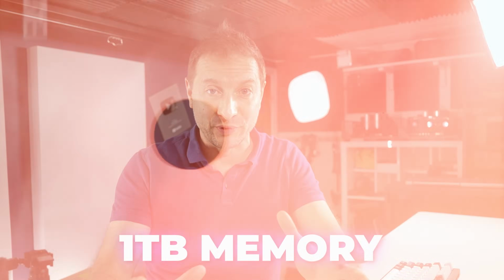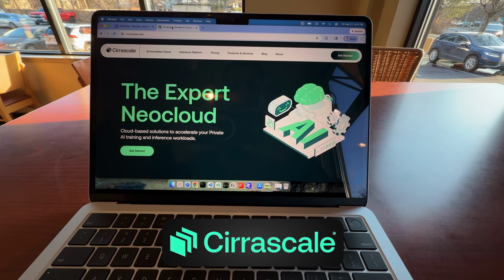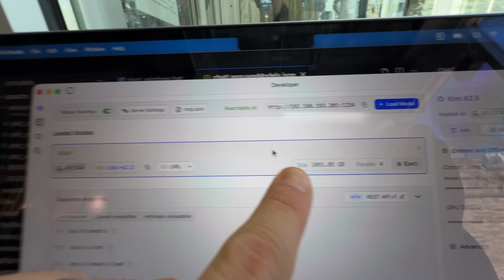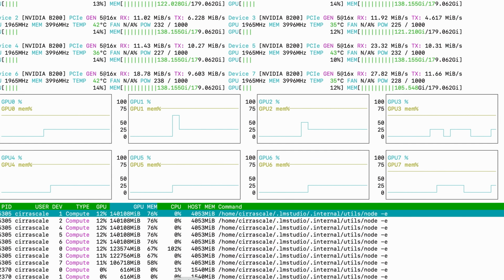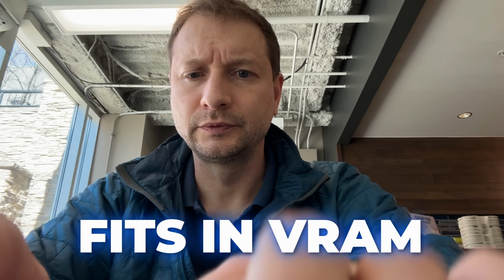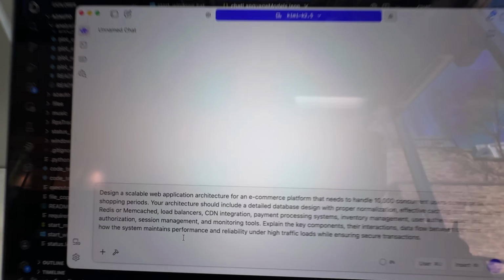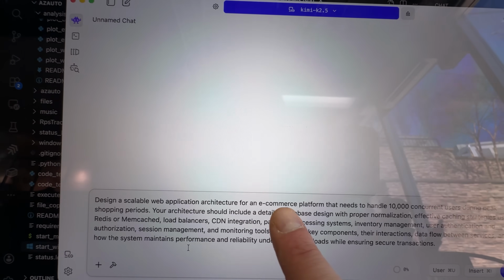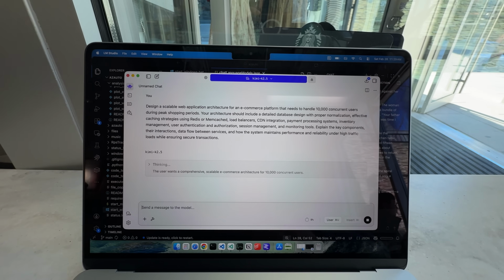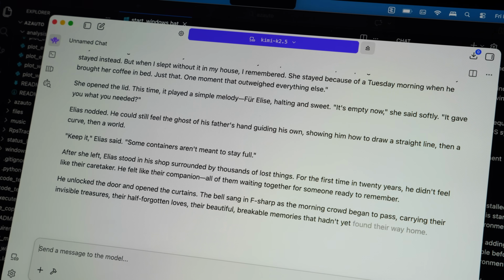I'm now running full Kimi K2.5, a model that needs over 1 terabyte of memory, thanks to Cirrascale, who let me borrow this beefy NVIDIA HGX B200 server where I'm hosting LM Studio's headless LLMster service. Yeah, that's 8 B200s, and that whole model fits in VRAM. I can run huge models like this privately and totally securely, whether I'm doing chat or as a coding assistant. Now, you probably won't be running LM Studio on a $500,000 server. You'll most likely be doing professional scenarios like using vLLM, but it's just so satisfying seeing it easily munch through that